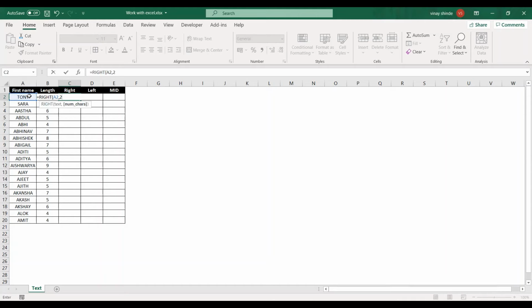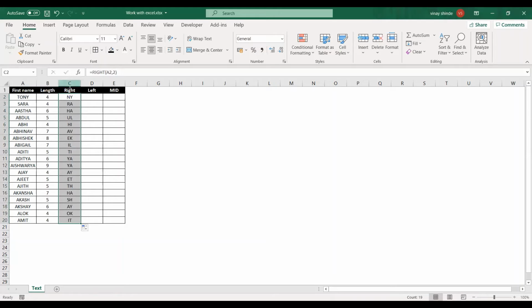As you can guess, this formula will return the value as ny, which are the last 2 characters of the name Tony. Here it is. Similarly, you can drag the formula for the other corresponding rows as well.